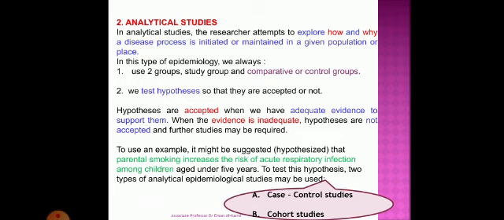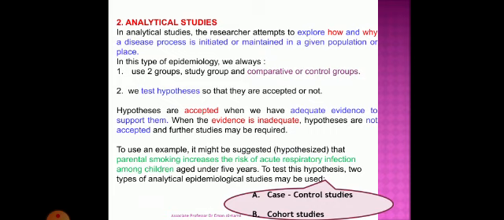Analytical study: the researcher attempts to explore how and why a disease process is initiated or maintained in a given population or place. So we are going to study the determinant or the causation to confirm that the disease is caused by a certain risk factor. So we are going to take two groups. Always we are going to take two groups, which are the study group and the control group, and we are